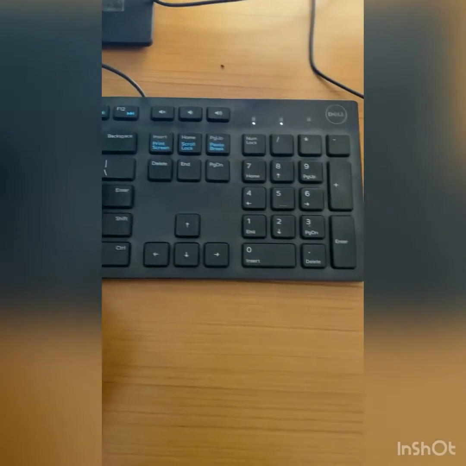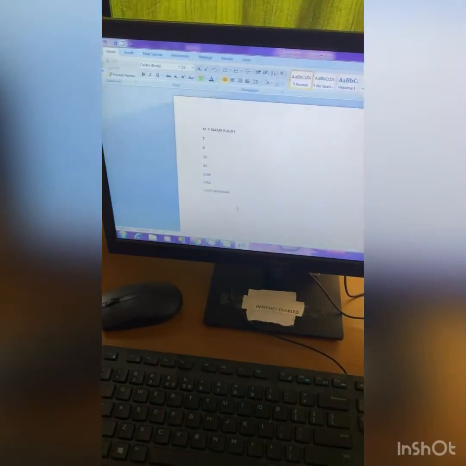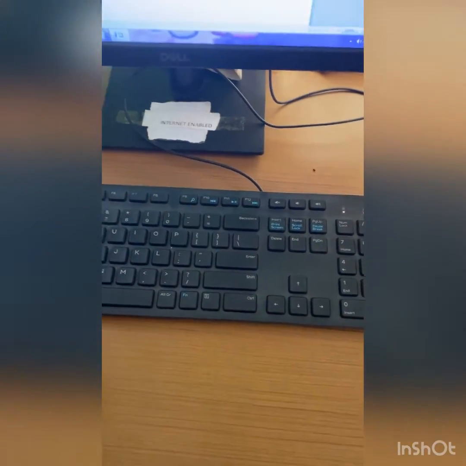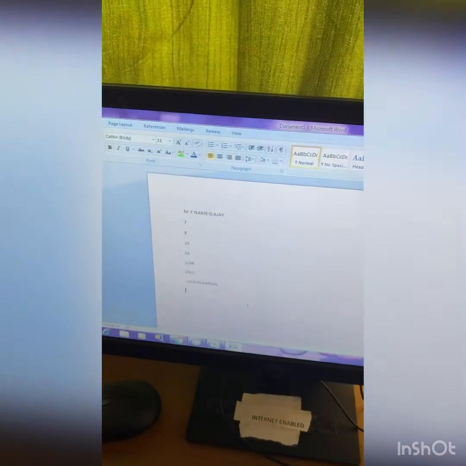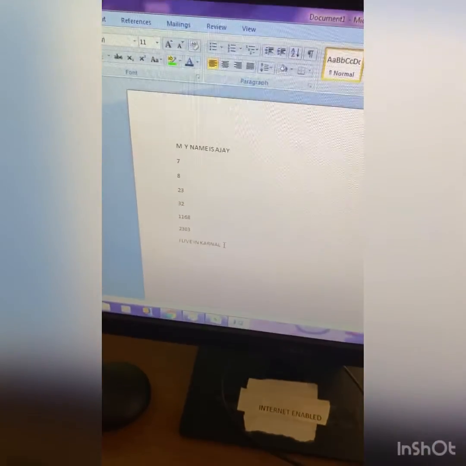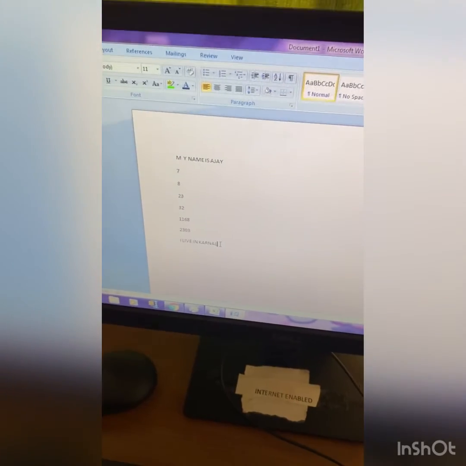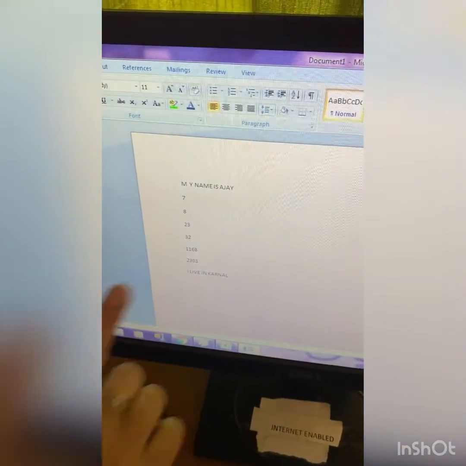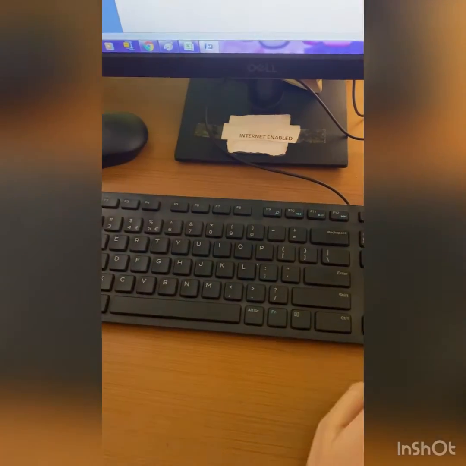If your cursor is here and you want it on the next line, just press the enter key. Your cursor comes to the next line. Got it everyone?